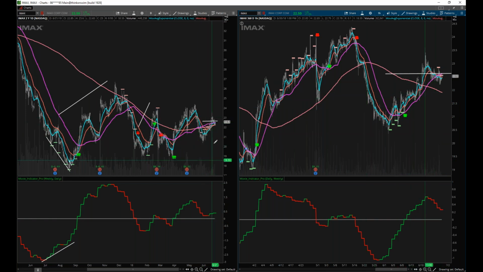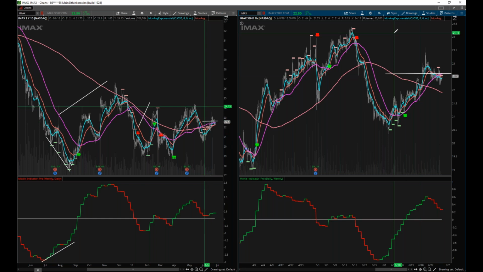We got some big volume coming into this thing. And so I took a trade on this a few days ago. And look at this, we even have another trampoline move on the hourly chart. We have price below the hourly 50, but we have the indicator still above 0. Even though it's red, it's still above 0, which means it is in positive territory. So I'm going to be happy with this trade as long as price stays above the hourly 200. So that's kind of what I'm looking at.